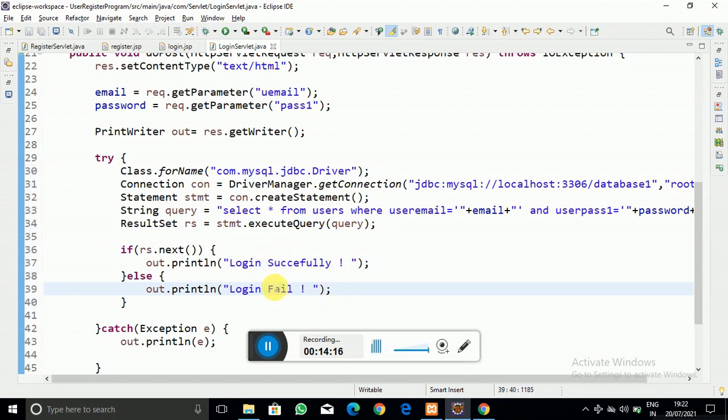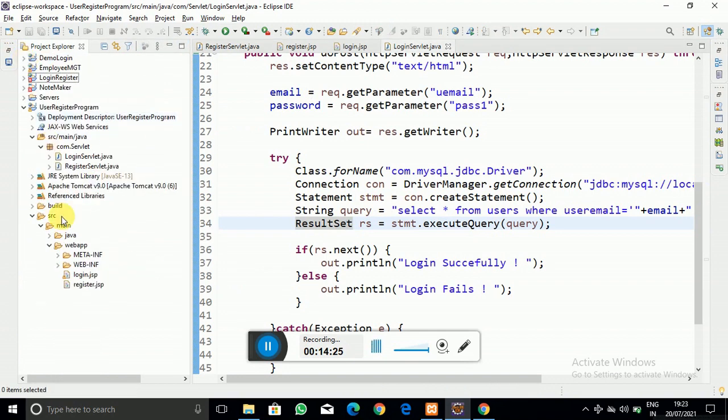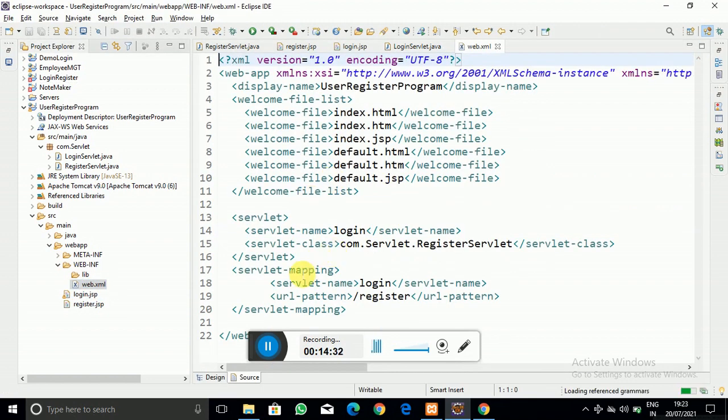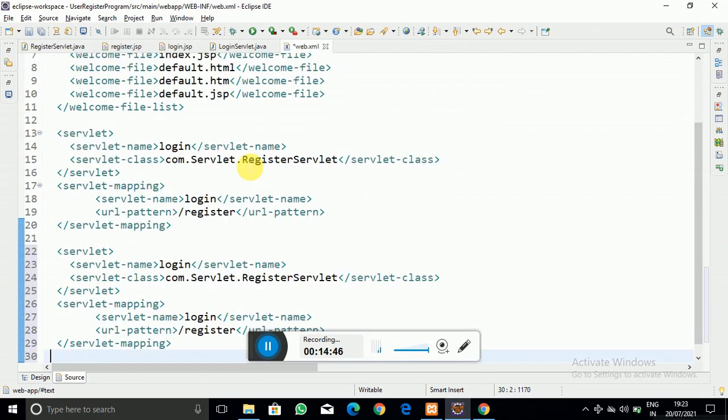Let us check whether this code is running or not. Before running it, let us register our servlet, that is, we have to register it in the web.xml file. Go to that file and let us create the same passage as we previously created for the registration servlet, and let us name it login.